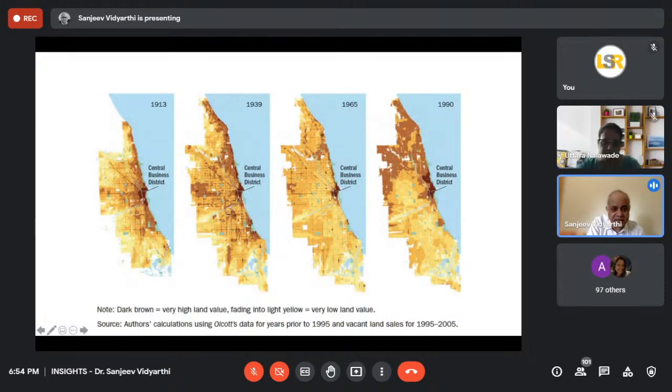So 1913 में CBD was this size, and along the lake, this is Lake Michigan. So this is the lake front. Just like seashore in Mumbai, the real estate prices were higher. About 1939, so this is after the Great Depression. 1920s में Great Depression हुआ, उसके बाद 39 में economy is picking up, but the Second World War is coming right after 1942. But उसके पहले, you see prices go up, the area increases, then again it shifts.